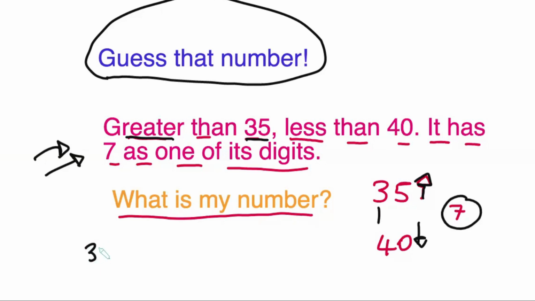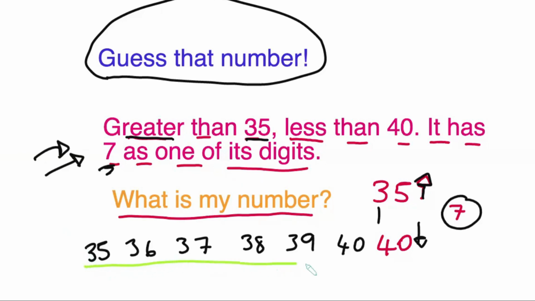Here we go. So we've got 35, 36, 37, 38, 39, and 40. But don't forget, I said it has 7 as one of its digits. So it has to be one of these numbers that have a 7 in it. Can you see what my number is? Have you guessed it? Shout it out. Have you guessed it? My number is